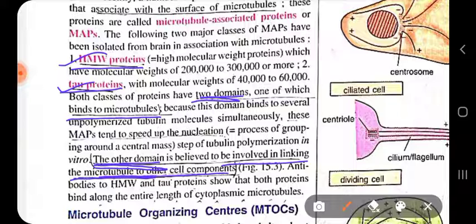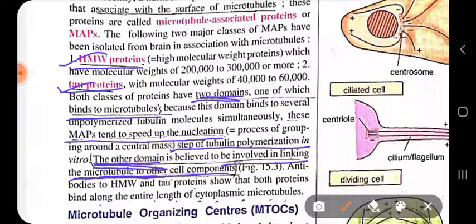So with the help of another domain, they link the microtubule with other cell components. Generally, these microtubule associated proteins tend to speed up the nucleation step of tubulin polymerization in vitro. It has been observed. In vitro means within the laboratory. Within the lab, we have observed that these microtubule associated proteins help to speed up the nucleation step of tubulin